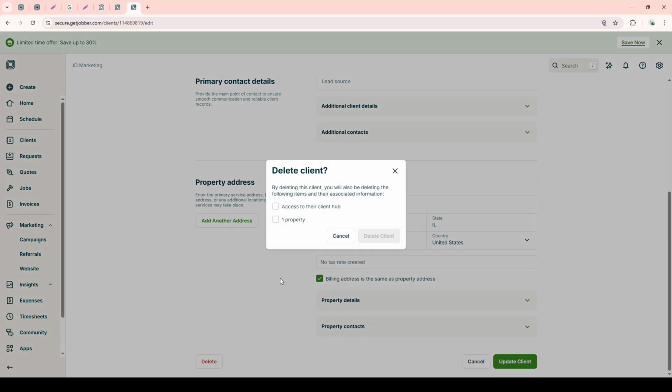But hold on just a second. You're going to be faced with a confirmation message. This confirmation dialog is your final checkpoint, warning you that this deletion is permanent. Carefully review the warning provided, as once confirmed, the client's data cannot be restored. If you are absolutely certain you want to proceed, click to confirm, and just like that, the client is deleted